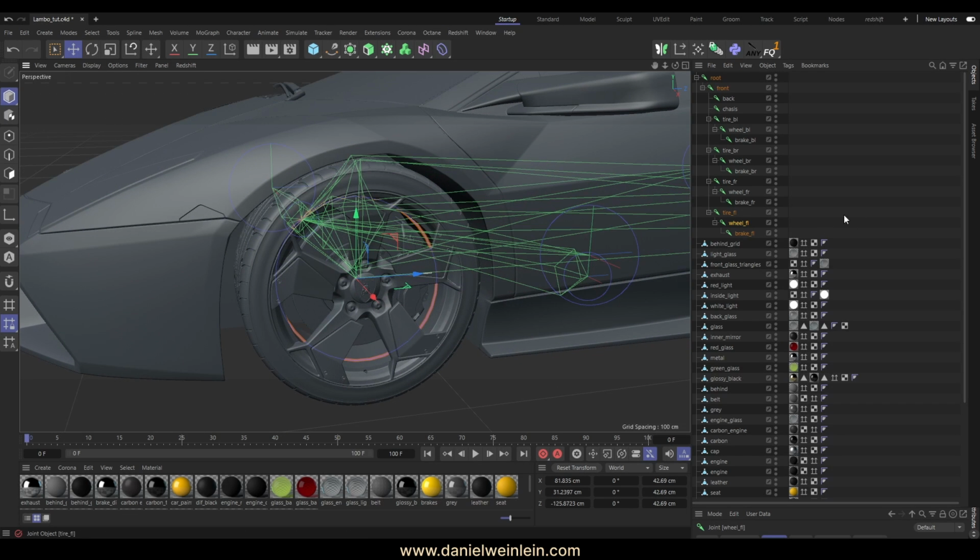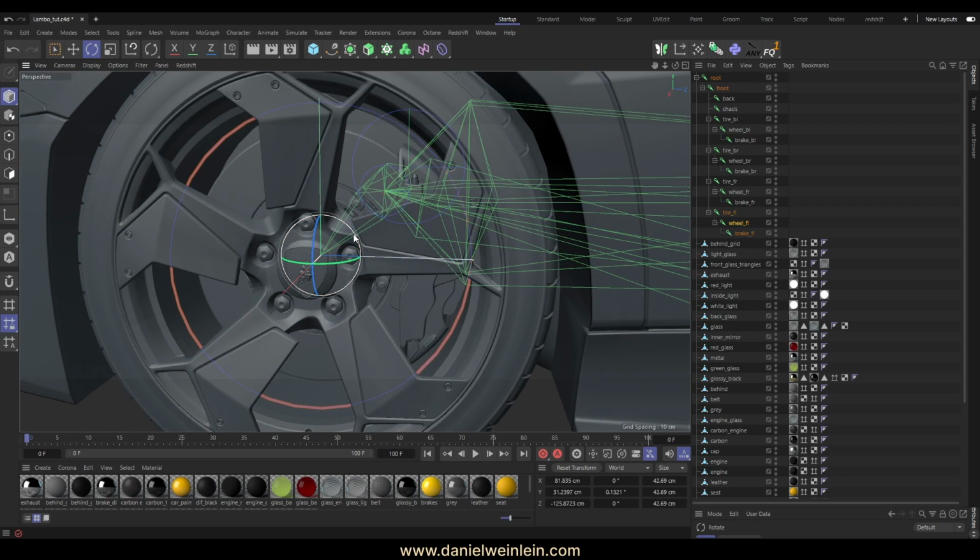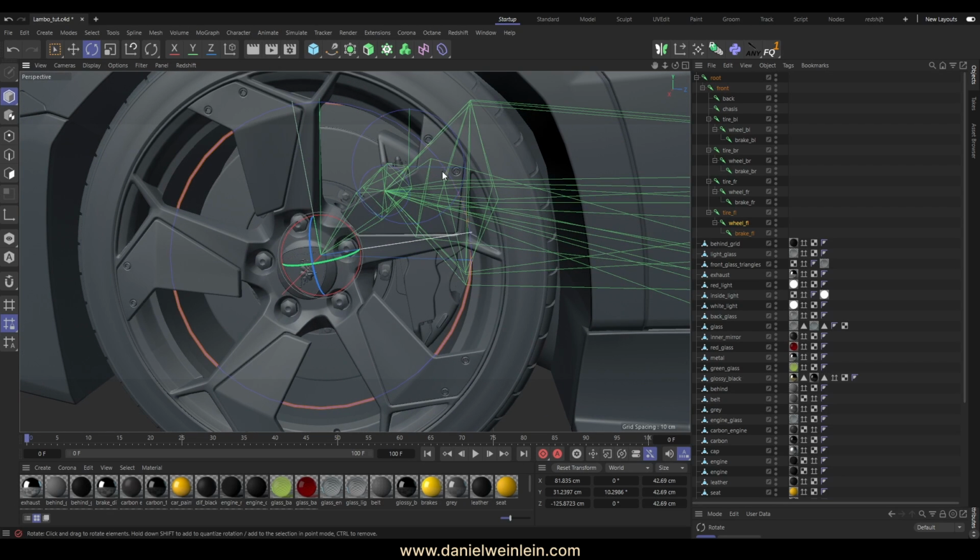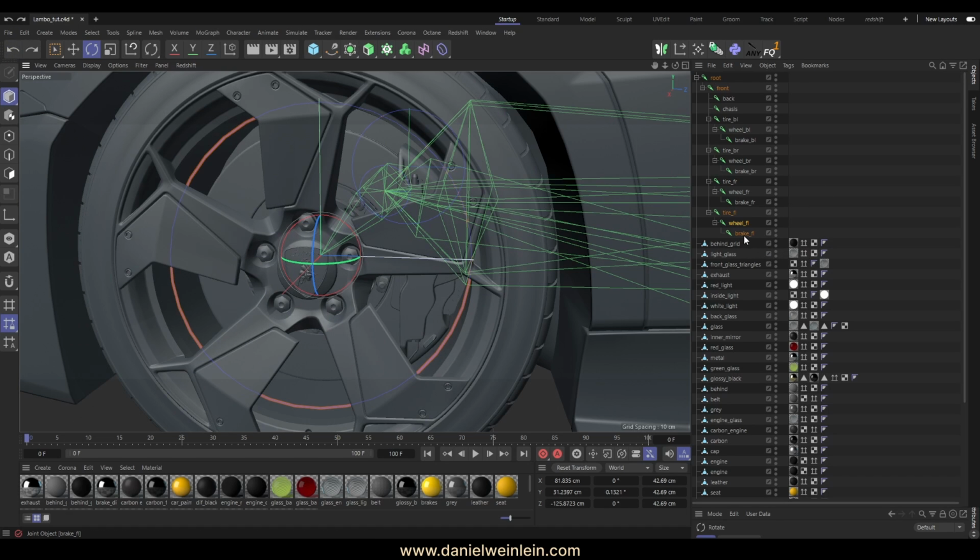rotate my wheel front left joint, and the brakes rotate with it in this case, but later in Unreal Engine we are able to not propagate the rotation or the binding for the controls to the brake front left joint, and so it stands still. So it's very important that you have this brake front left joint for the brakes